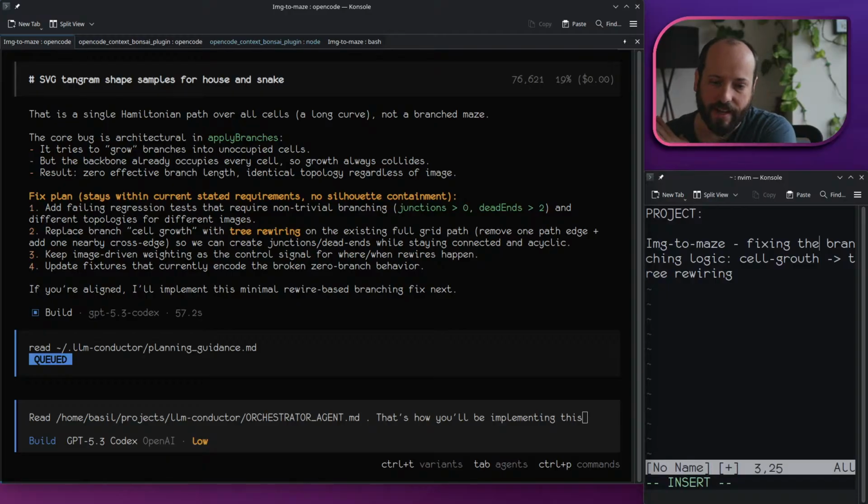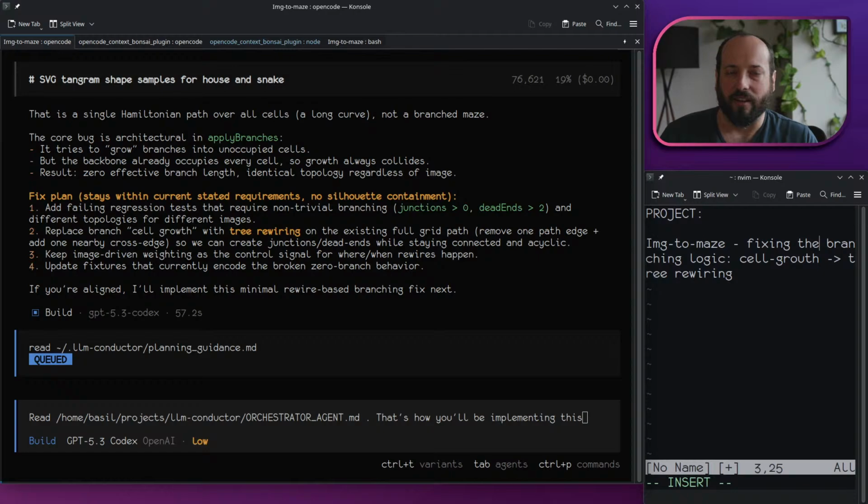Now, the original development effort completed, it produced the program for the image to maze. We ran it. We gave it like a tangram image of a house and one of a sailboat and asked it to produce a maze for those. And the maze it produced did not represent at all the original image, which is kind of the whole point of the program. So I went through a debugging session, and it found that the issue was the logic